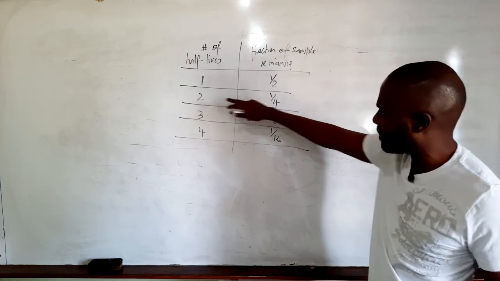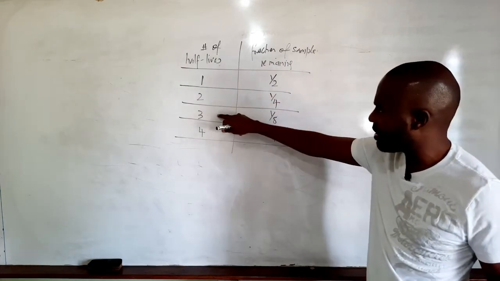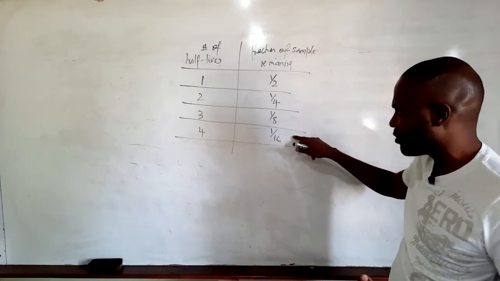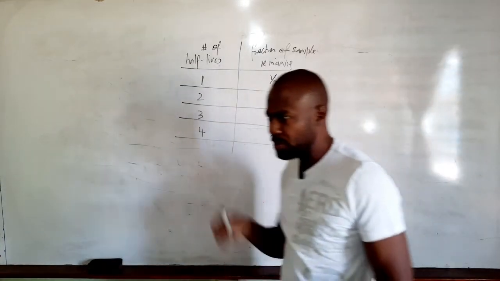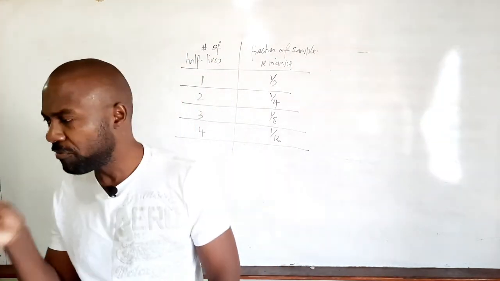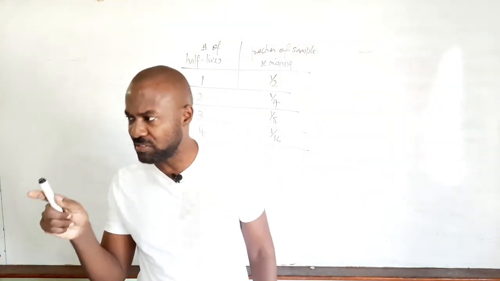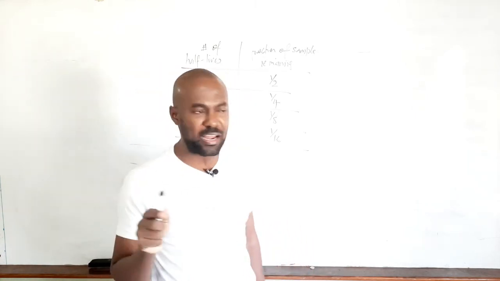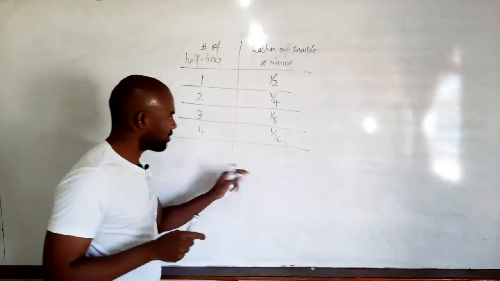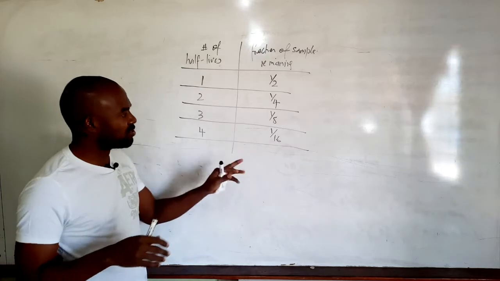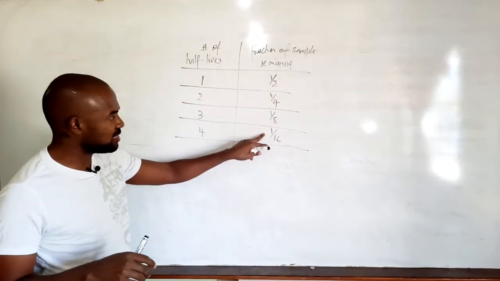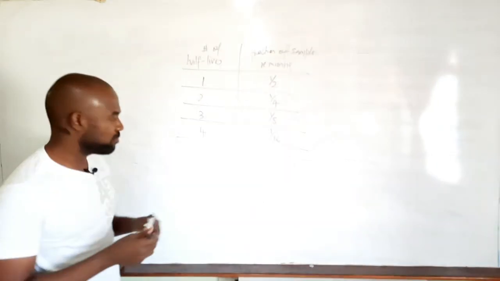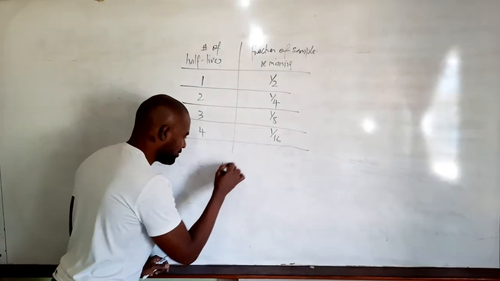After 2 half-lives, it will be a quarter. After 3 half-lives, it corresponds to 1/8. After 4 half-lives, it corresponds to 1/16. So what we're told is that in 4 days, the activity of the sample decreases to 1/16 of its initial value. So basically what we've seen from this table is that for the fraction remaining to be 1/16, 4 half-lives must elapse, right? So basically 4 half-lives